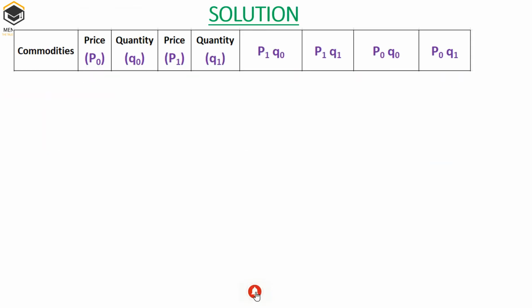It is clearly given what the price and quantity values of the base year and the current year are. With respect to this, we will have the combination here, four columns: P1 Q0 and so on till P0 Q1. These are the combinations you will have in the Laspeyres and Paasche methods. If we know the formulas of the Laspeyres and Paasche methods, we can easily derive all of these and do the calculation as well. So these are the columns of my tabulation.